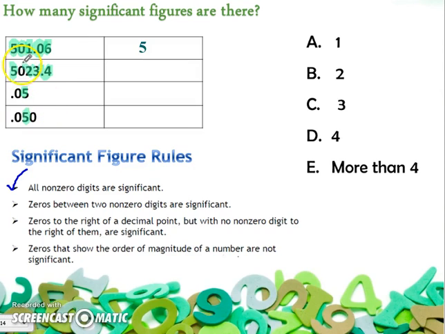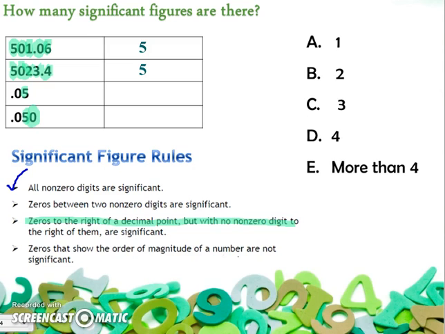Also in the second number, 5,023.4, that 0 is between all the non-zero digits. So it's another 5 digits that are significant there. Now these are going to give us a little bit of trouble because there are zeros and we always have to evaluate whether or not they matter. We have a 0 at the end and it's not followed by anything, and that's this rule right here, zeros to the right of a decimal point but with no digit after it is significant,